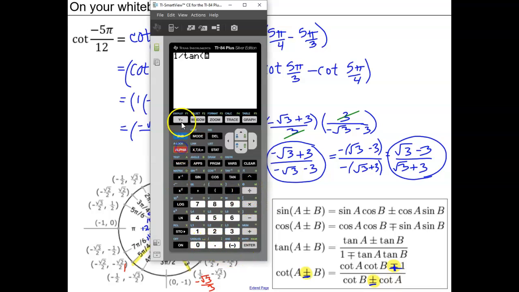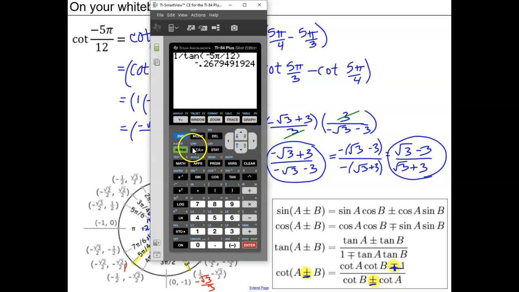And then the argument of that function is negative 5 pi over 12. And that evaluates to